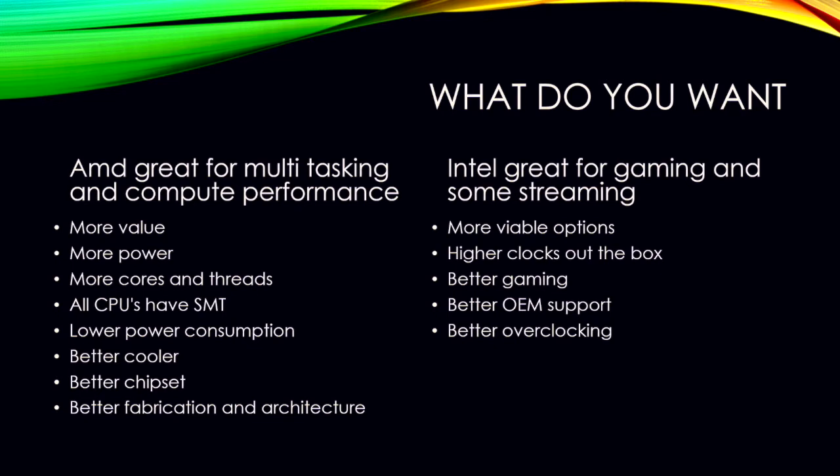more power, this is a bit of a weird one. So power can mean lots of different things. Power can mean power consumption, where Intel actually uses more, seeing as it's on a less efficient process. So yeah, Intel is less efficient because of the fabrication process, as I said earlier. The 14nm plus fabrication process is not very efficient. It is quite a large die to put your CCX modules into, but it is showing what Intel can do with such a limited